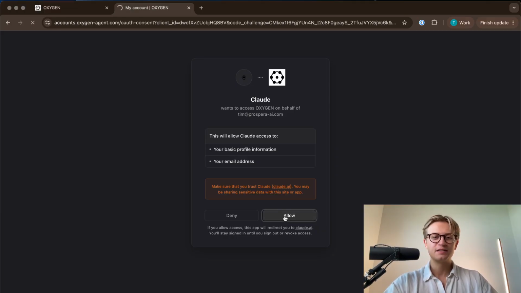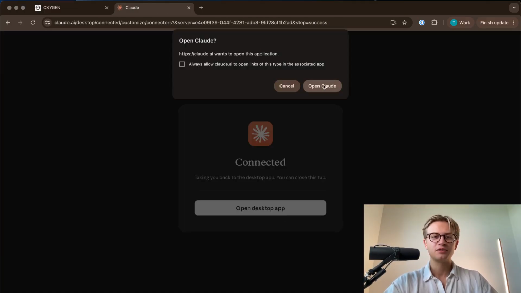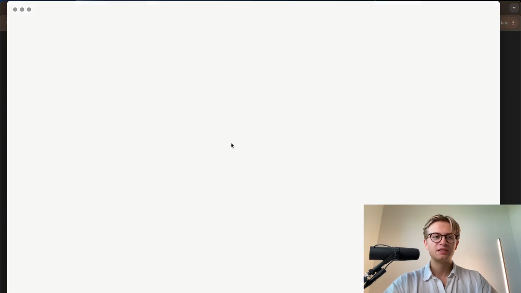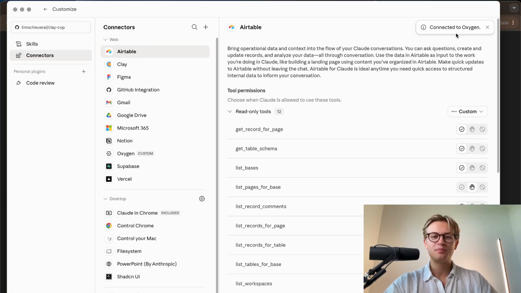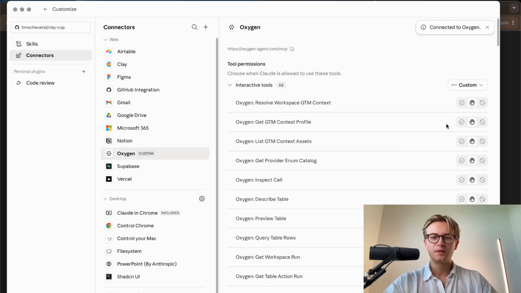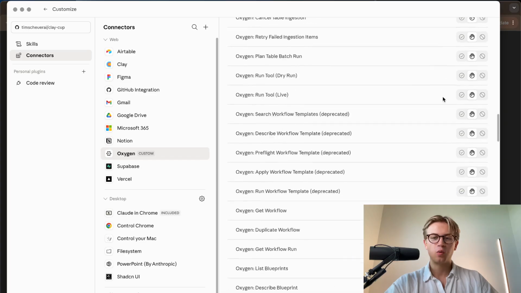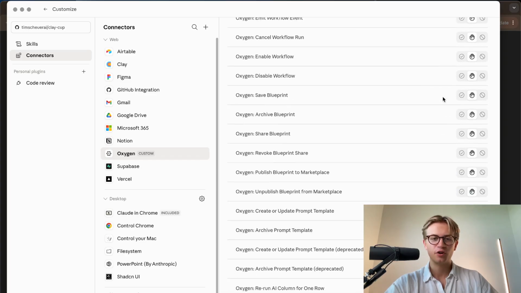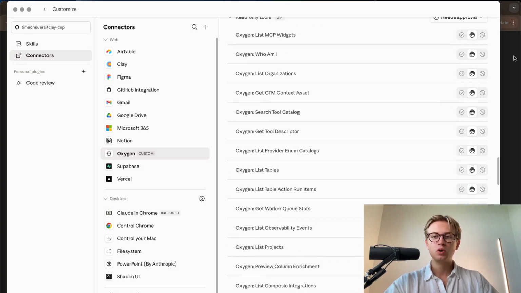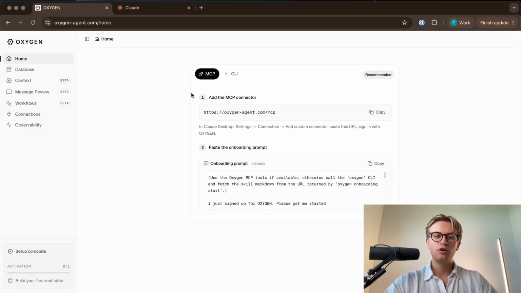And once this is done, you can head over back to Claude and you will see that the Oxygen MCP is installed. We have a couple of permissions here. And if you want, you can modify these things. We have quite a few actions which you can select from. But the next step you want to do is actually to head over back here and start the onboarding prompt,